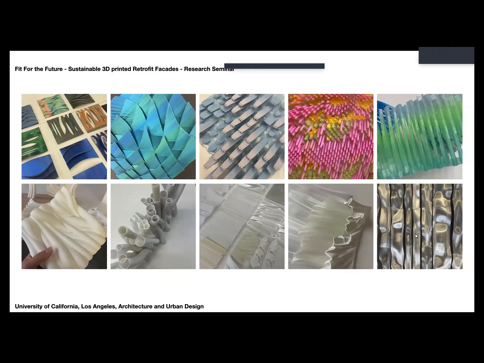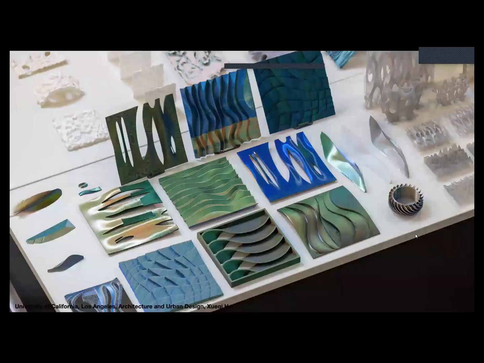One might think, why did she not do architecture from the beginning? Why did she first do products and fashion designs? Well, for one, I was really interested in product and fashion, but for the other, some of these technologies only existed 10 years ago on the small scale. There is yet no technology which can print some of these things, what you're seeing, on an architectural scale. So I used fashion and product as a model scale to explore digital and computational design techniques on a smaller scale, and only now slowly find the opportunity to collaborate with larger scale 3D printing companies to apply it on a larger scale.